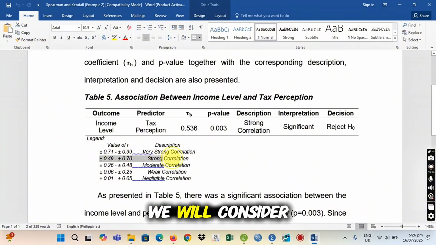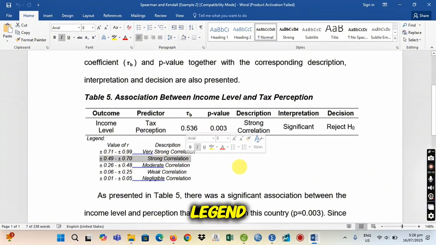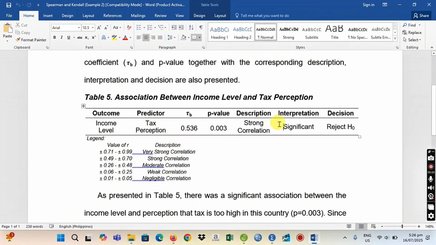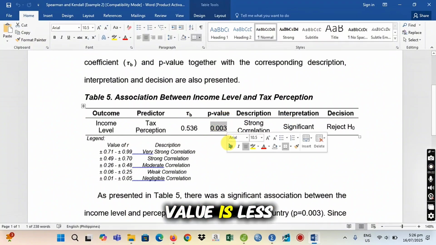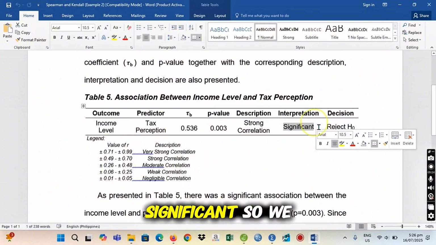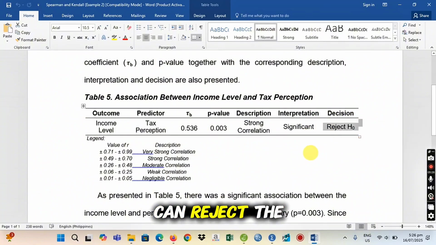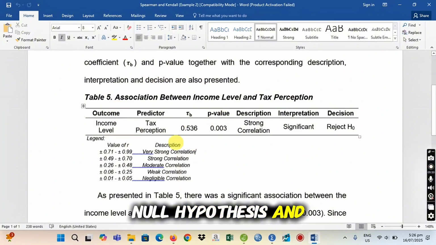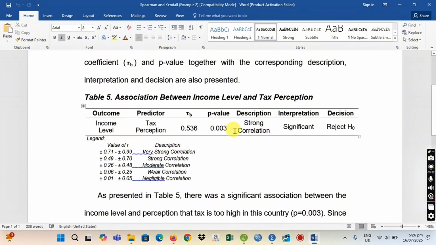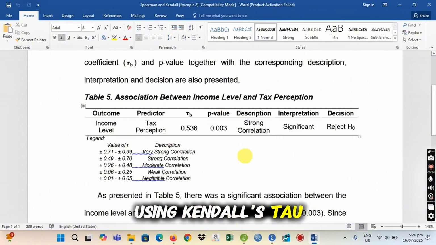We will consider the legend. Since the p-value is less than 5%, it is significant, so we can reject the null hypothesis. And we will use this one for our discussion using Kendall's Tau B.